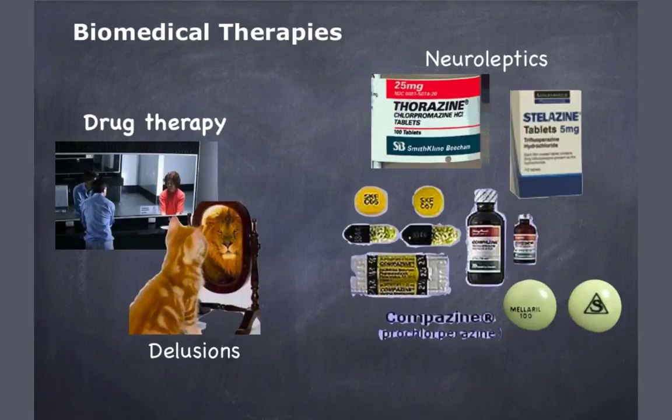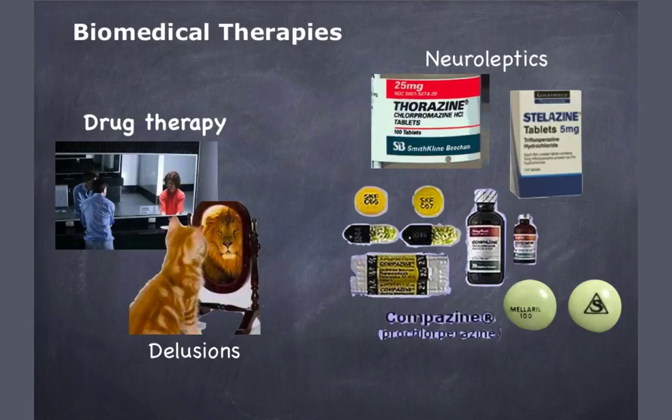Now we're going to jump into the biomedical therapies, drug therapy if you will. These are therapies based on the assumption that psychological disorders are symptoms of underlying physical problems. This includes drug therapy, electroconvulsive therapy, and psychosurgery. Millions of people take medications for psychological problems. Now, drug therapy can include